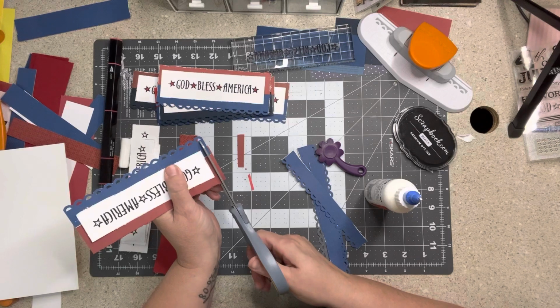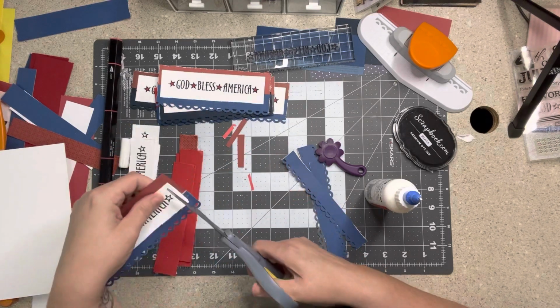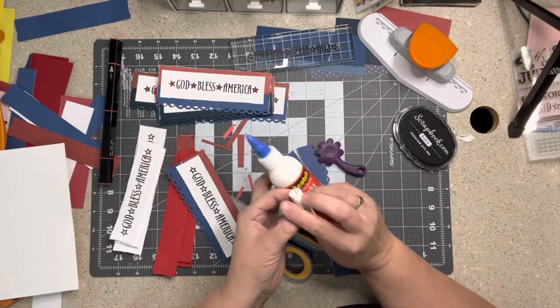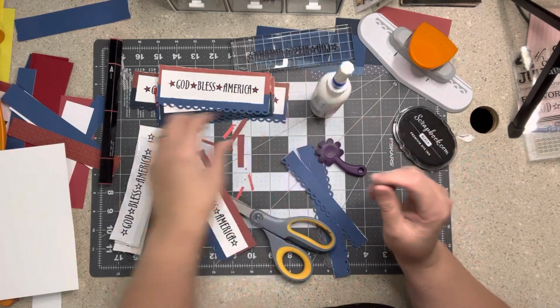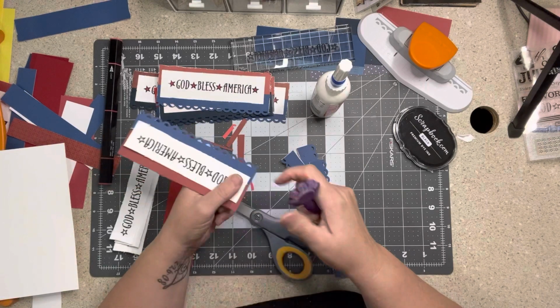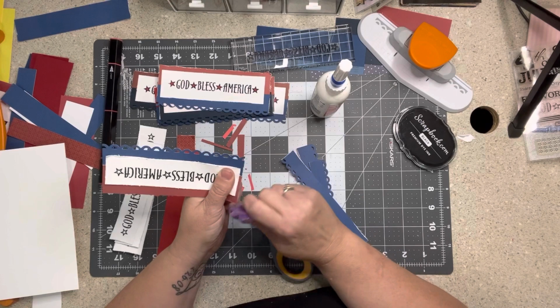Again, don't worry about perfection. It's not what we're going for here. I'm gonna make that a little closer. Then let me put my lid on my glue. And once I did that, I took my edge again and I did the sides. Now, when you do the white piece, you go all the way around. And just like that,